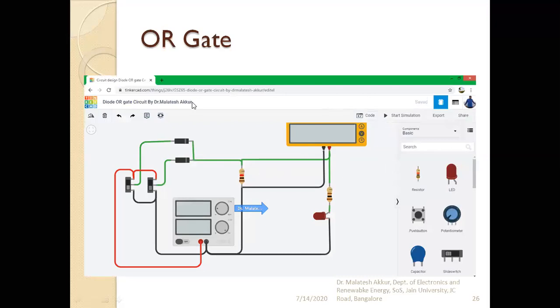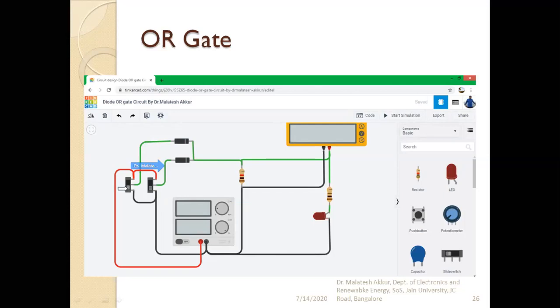So this is the OR gate circuit now in Tinkercad, how we connect. So as we know, two diodes D1 and D2. If you compare this with the previous circuit that we saw, this is D2, this is D1, and this is the resistor, which is the output. Okay, and this is A, and this is B. That's it. So as in the NOT gate, I have used the same logic.